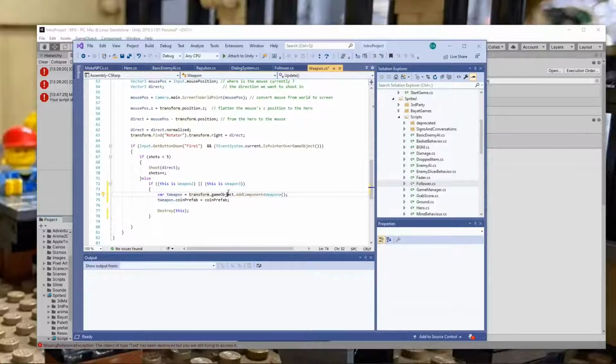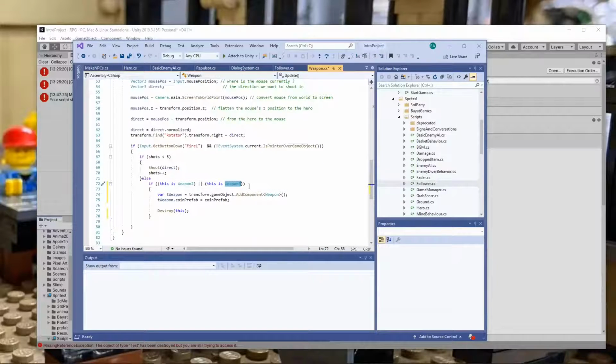What we do is we add a weapon component and we destroy the existing weapon component, right? So that seems odd, in that we're adding a weapon. This is the kind of unusual part, right? This is weapon 2. This is weapon 3.